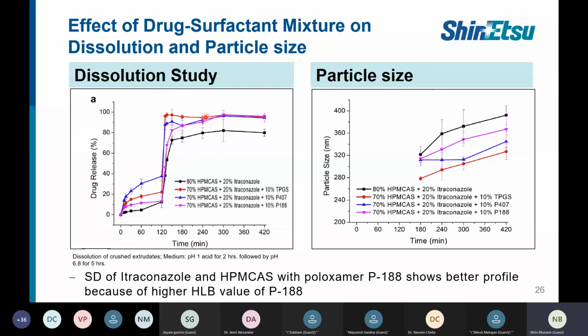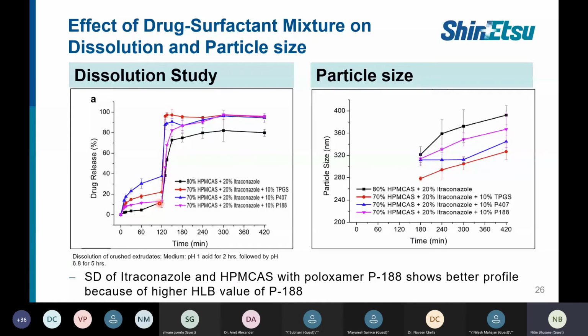You are getting something like that because generally our polymers are pH dependent polymers. If you are targeting a pH dependent solubility enhancement, generally you go for a plain polymer, that is an enteric polymer. But if you are targeting slightly higher drug release also in the acidic media, then you can target a combination of some surfactant along with the polymer and your drug. This was just the case study.